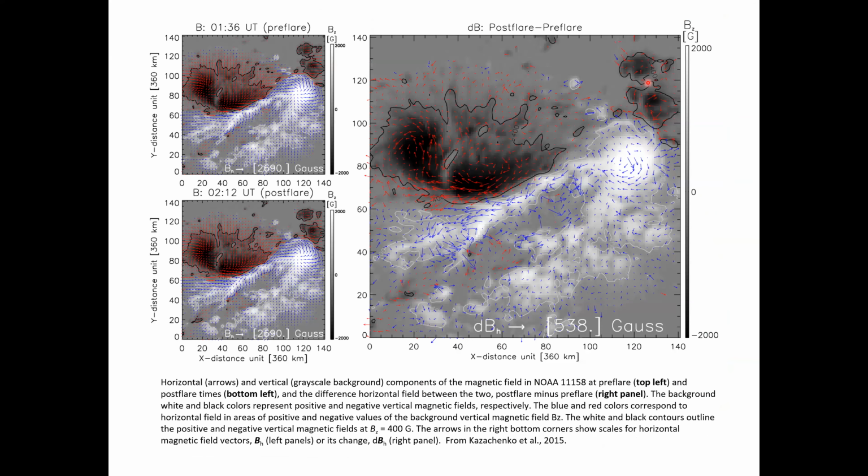Okay, so the second challenge is to figure out how to incorporate the data itself in a physically self-consistent way such that the model knows what to do with it and gives results that aren't just crazy. And what I mean by that is, this is an image from a paper Masha Kazachenko, George Fisher, Brian Welch, Yang Liu, and Zhudong did back in 2015 that shows the data. This is just a slide that shows you the changes in the horizontal magnetic field, in this case, from a pre-flare to a post-flare